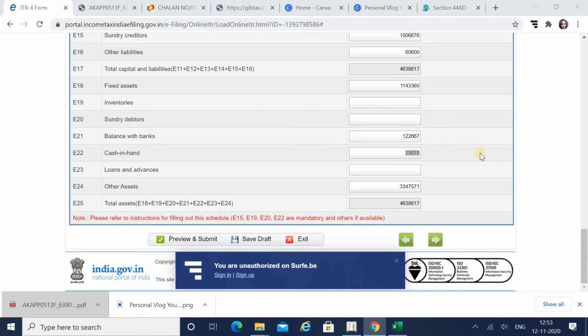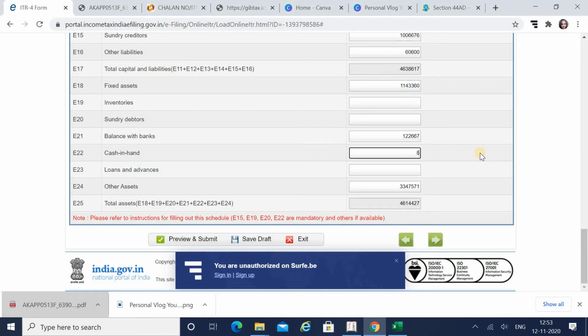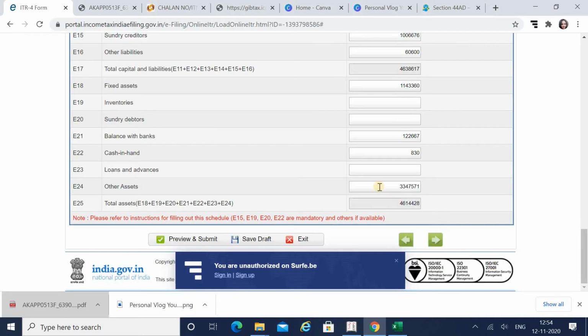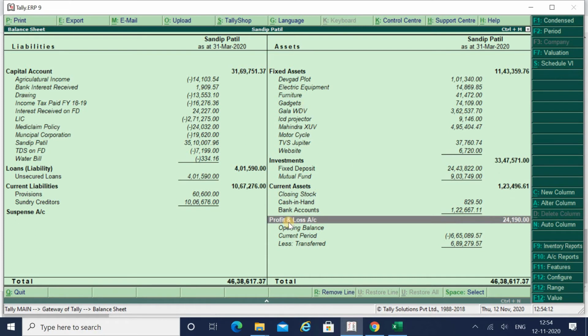Then cash in hand is 829. I want to change this figure, so I will round it off to the nearest 0. And balance in bank is 122,667. Now you can see whether your profit and loss is showing exactly the balance transferred, because sometimes you make changes.